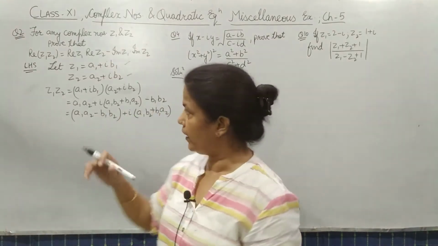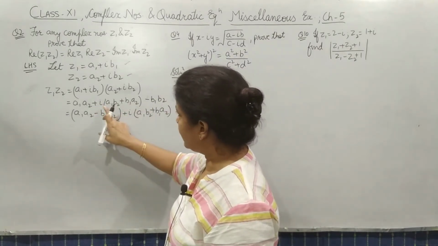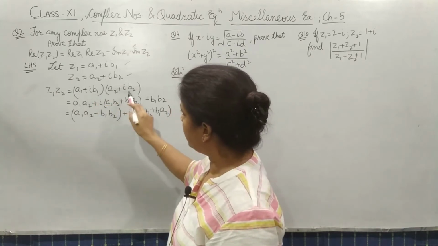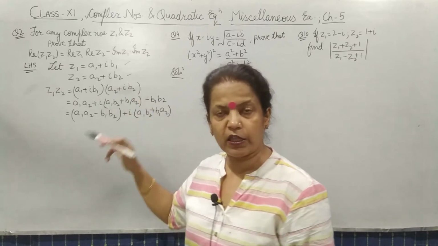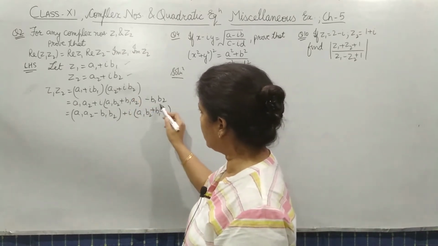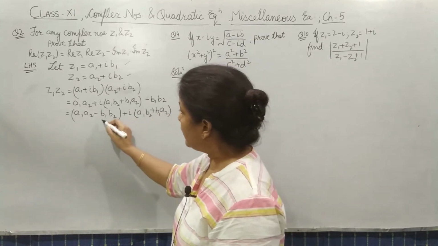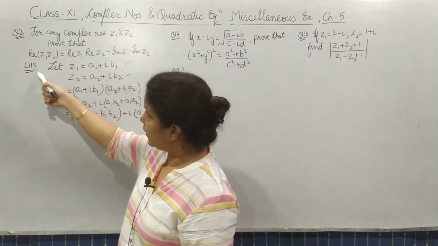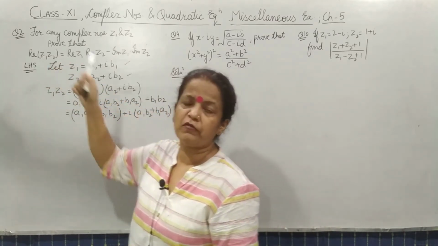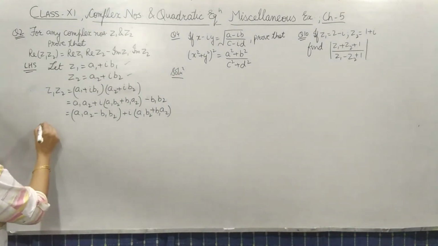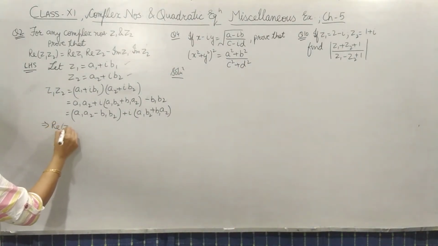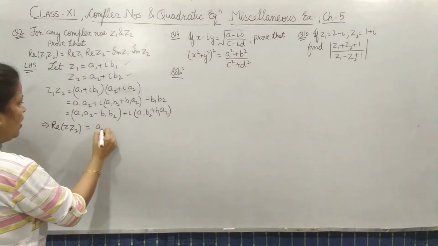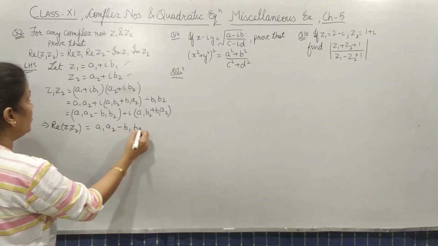So while multiplying it, look here, open the bracket, take the imaginary terms together, and if you will multiply iota b1 with iota b2, I into I square हो जाएगा. So I square is -1, so you will get this real part. Now keep the real part together and the imaginary part together. Now the question is, in the LHS you have to take real part of z1 z2. So what should be real part here? Real part of z1 z2, this is the real part. Okay, so it is a1 a2 minus b1 b2.